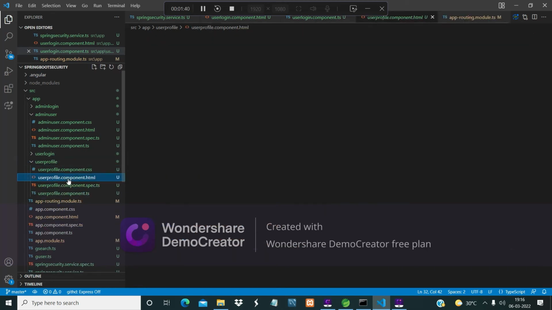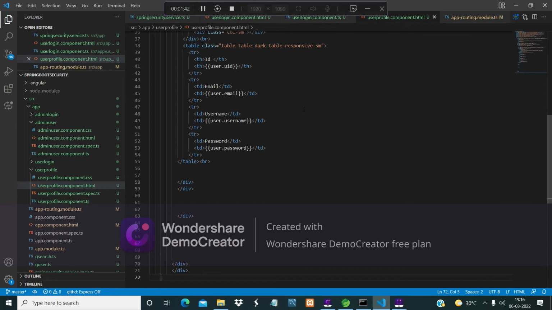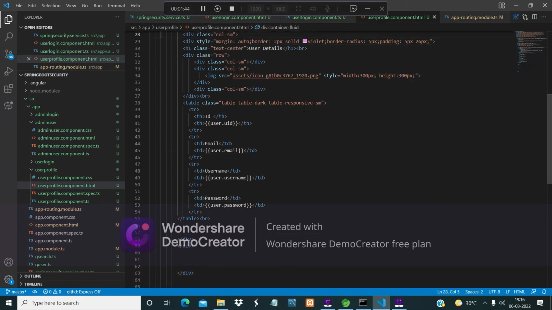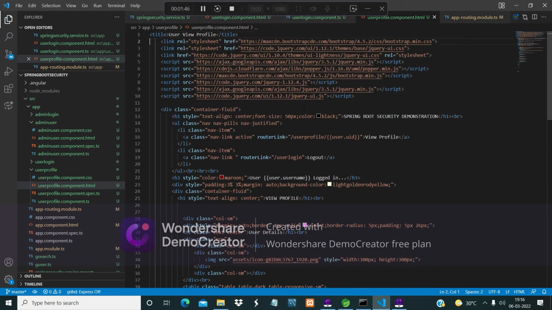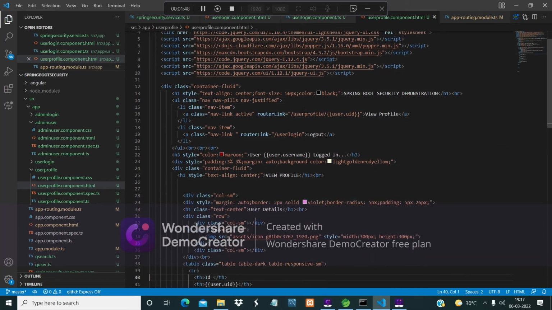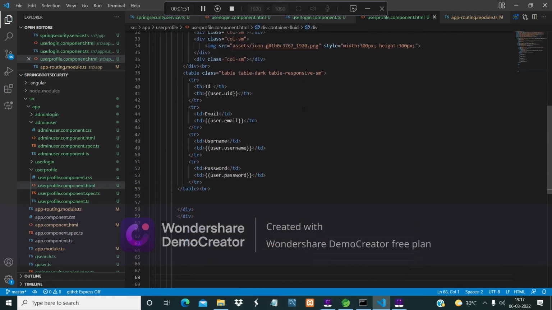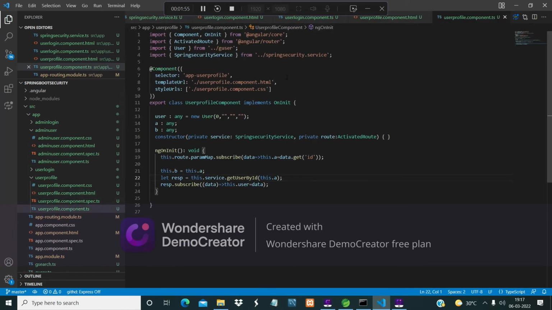Then the user profile.component.ts looks like this. We have added only a get function in the ngOnInit. So automatically it will get the user details and display it in the profile.